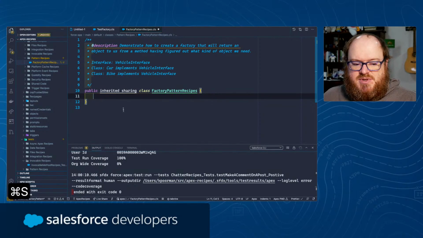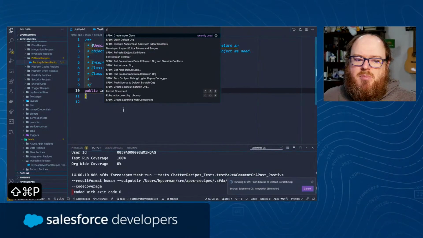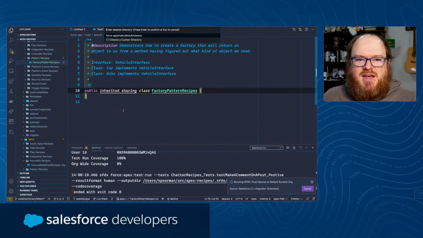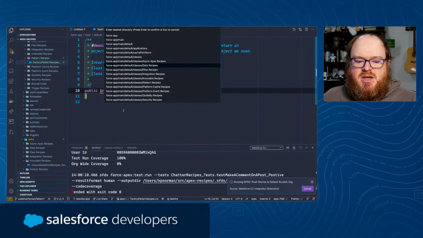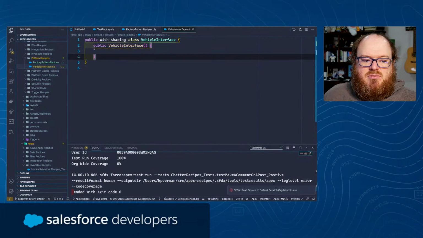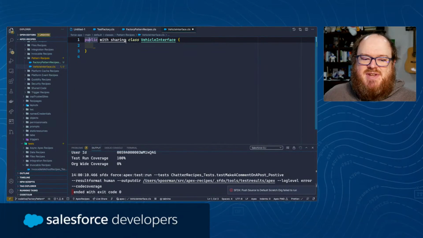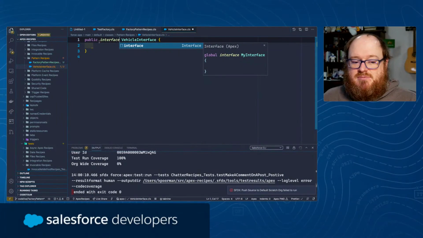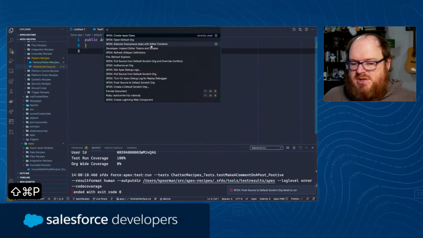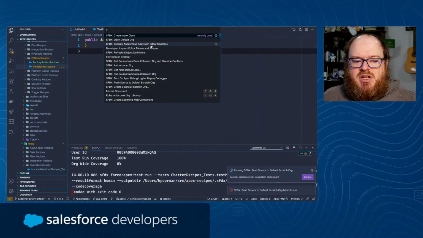And I'm going to save this so I can reference it, but I'm going to create a new Apex class. I'm going to call this one vehicle interface. Okay. And I'm going to choose a directory. I'm going to put this in my pattern recipes class. And this defaults to a class, but it's not really one. So I'm going to just change this to be public interface vehicle interface, and I'll save that there. And then I'm going to implement a couple of other classes. So create Apex class,